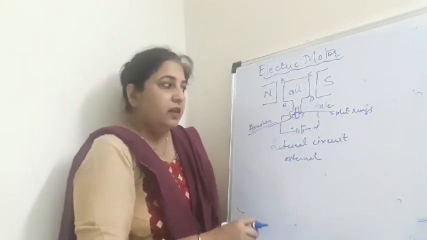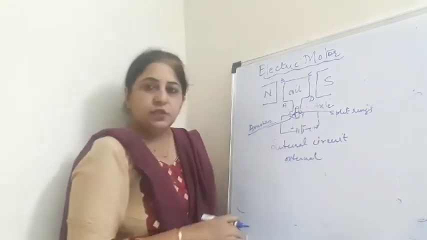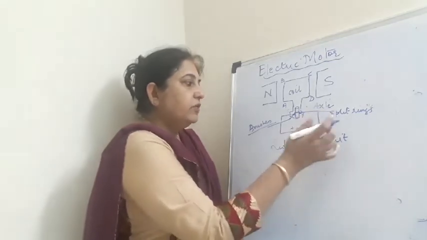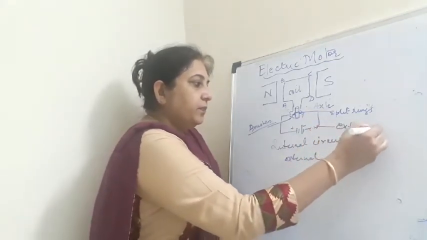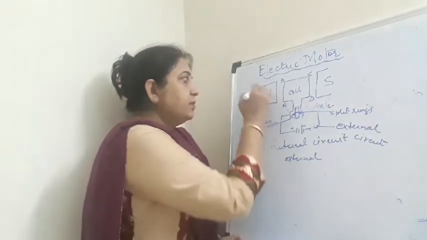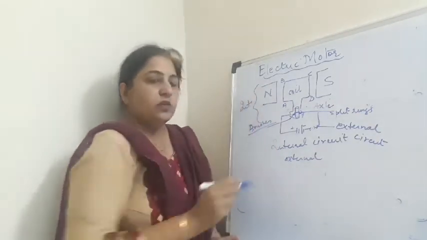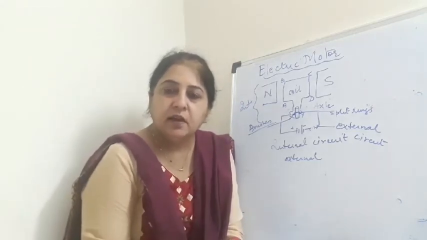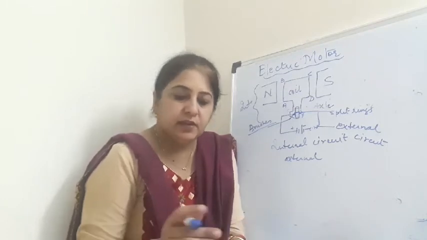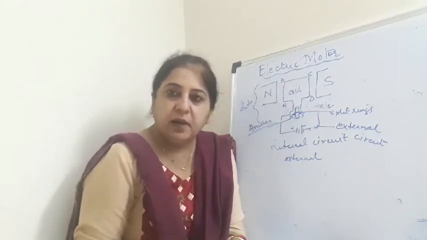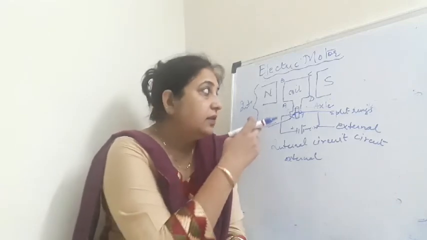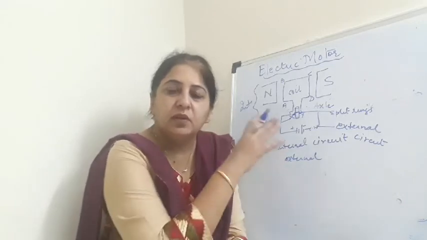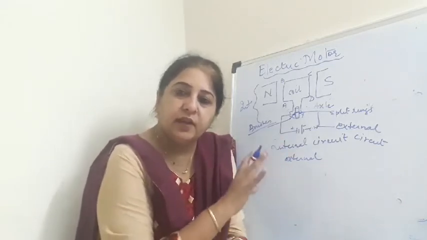Now what we can see is only the connecting wire and the switch, and the connecting wire and the battery. So this part of the motor will be called the external circuit, and this part will be called the internal circuit. Suppose a question can be asked: what is the internal circuit and what is the external circuit in the motor? You can write that the internal circuit comprises the magnetic poles, the rectangular coil, as well as the split rings. And when we talk about the external circuit, you can only see the connecting wire. So that is a part of the external circuit.